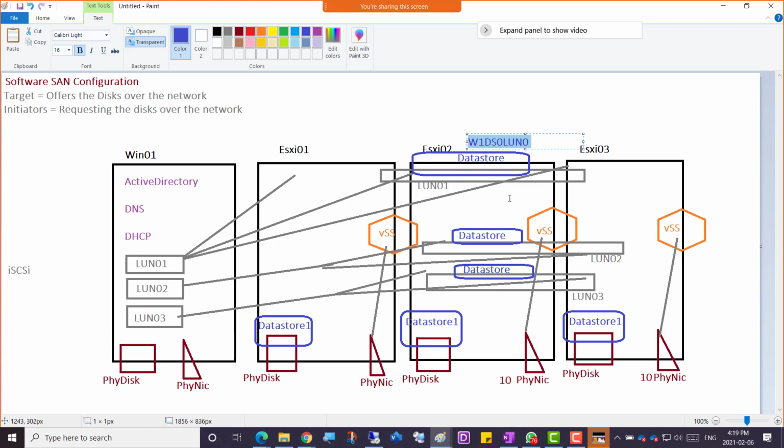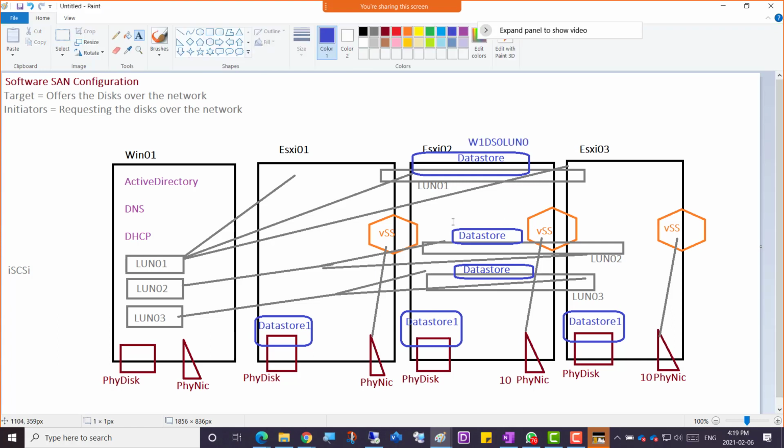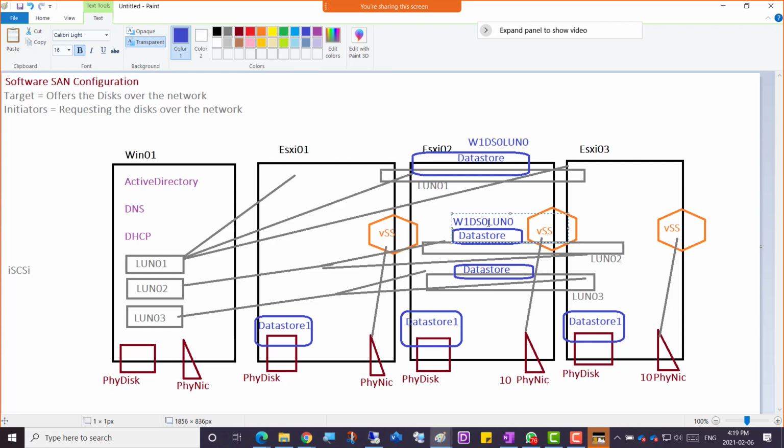And if we go this way, the naming convention then becomes data store 1 is on LUN 1, and data store 2, okay, no space, wow, okay, and data store 2 is on LUN 2. So just for the LUN numbering,